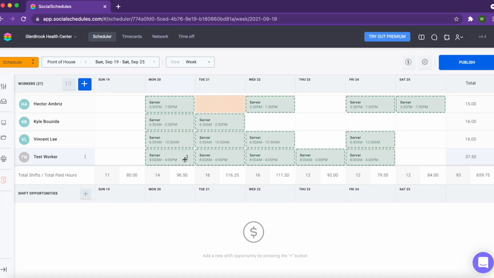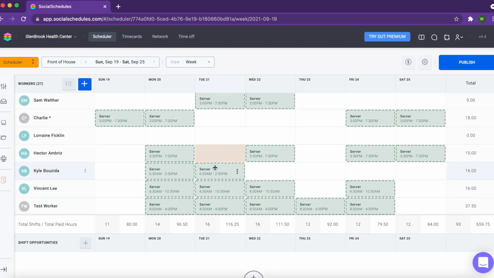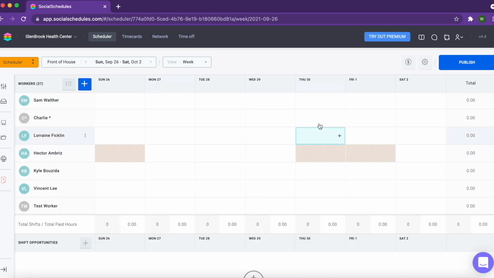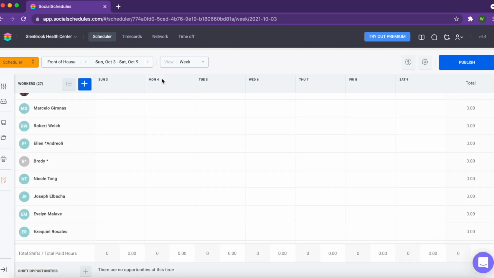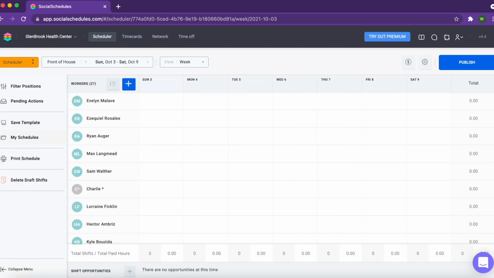To add shifts by copying them over for individual workers, I'm going to show you how to add a template shift to populate the shifts for the whole department in week-long increments. So if I scroll forward to a week that we haven't put anything in, like this week, I can click on this expand menu button so you can see all the buttons and